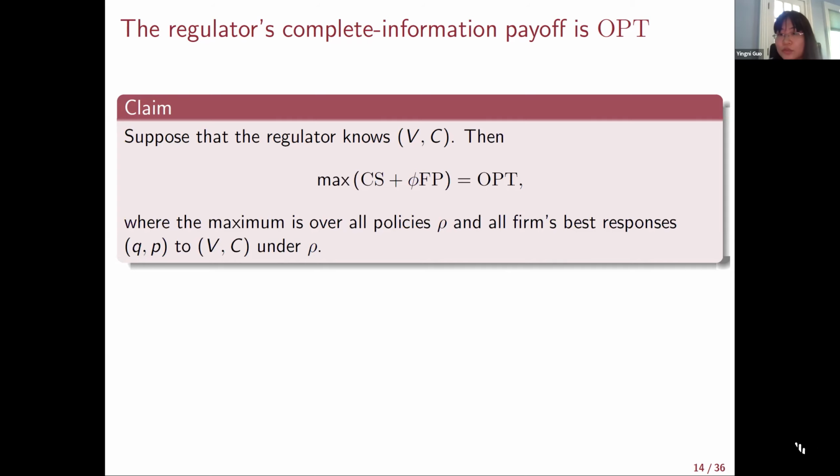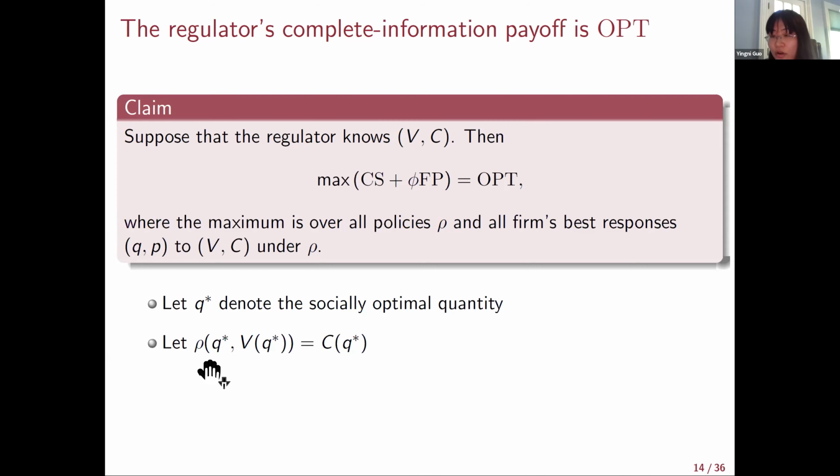So the regulator would do something very simple. He would calculate the socially optimal quantity. He would tell the firm that if you produce Q star and you charge a price at the marginal cost, then the revenue you would receive exactly covers your cost. I can even give you epsilon more here to induce strict obedience. Now, if you do anything other than this, the revenue is equal to 0. So the firm is willing to do the socially optimal thing, and all the surplus goes to the consumer.